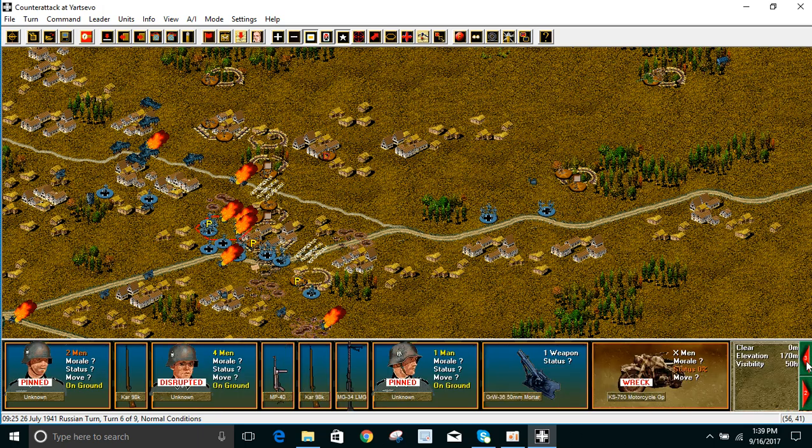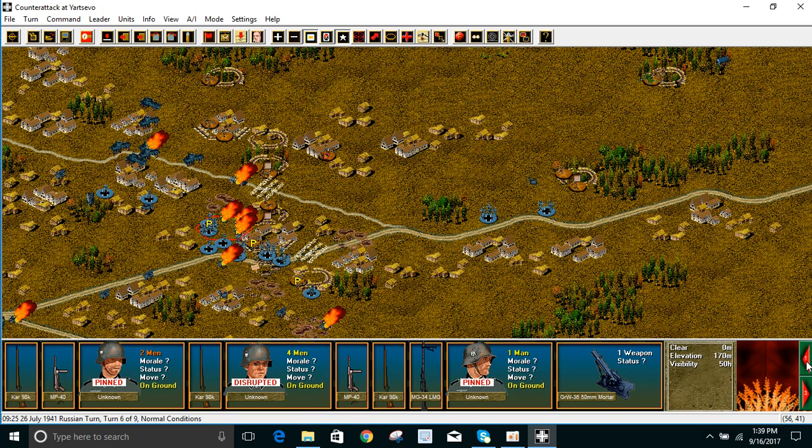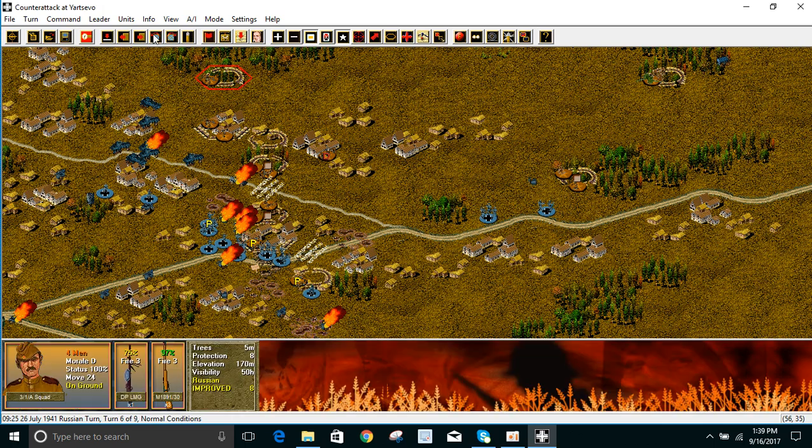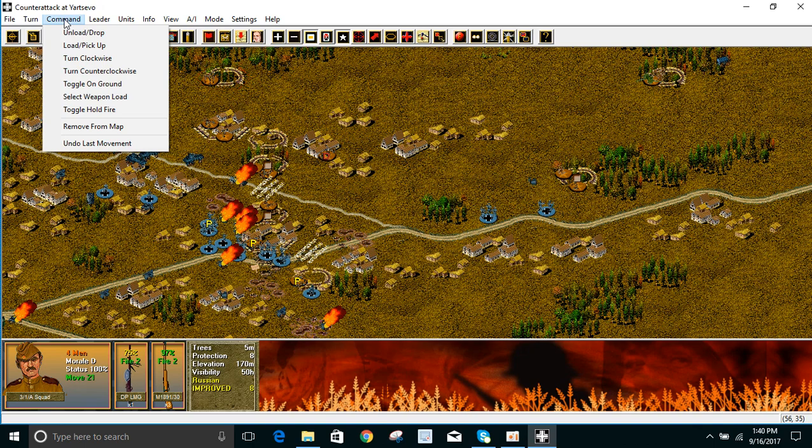Okay, wreck. What do we got altogether? Well, altogether about a squad's worth there. Pinned, disrupted, pinned. That's okay. All right, let's. Yeah, moving up does cost 3 movement points. I never saw a double time. Did I just miss it? I read about hold fire. I can see uses for that. I don't see double time, but